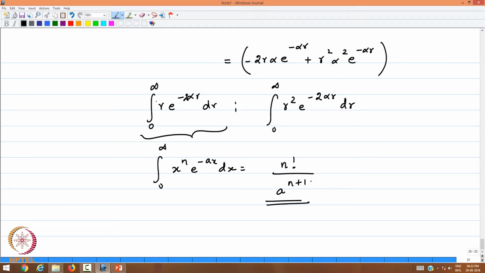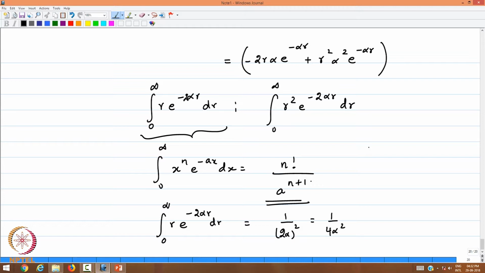Therefore, the integral from 0 to infinity r e to the minus 2 alpha r dr will give you n is 1 and a is 2 alpha. Therefore, you will have 1 by 2 alpha square, which is 1 by 4 alpha square,